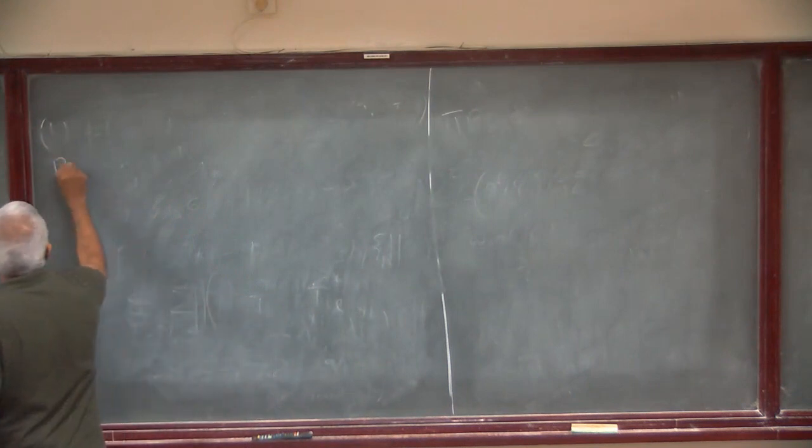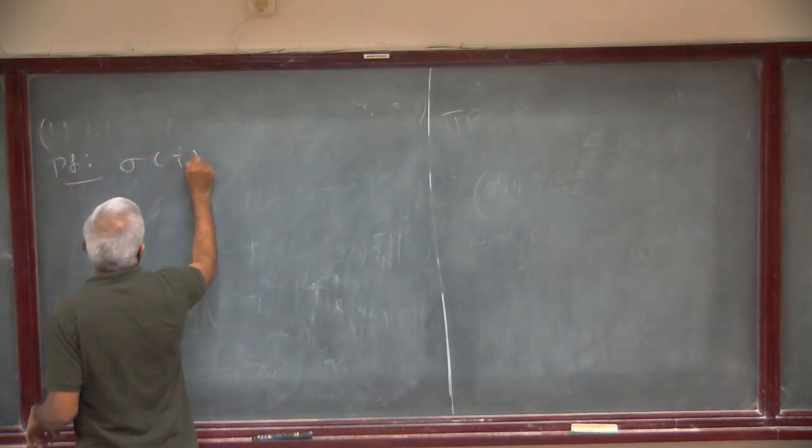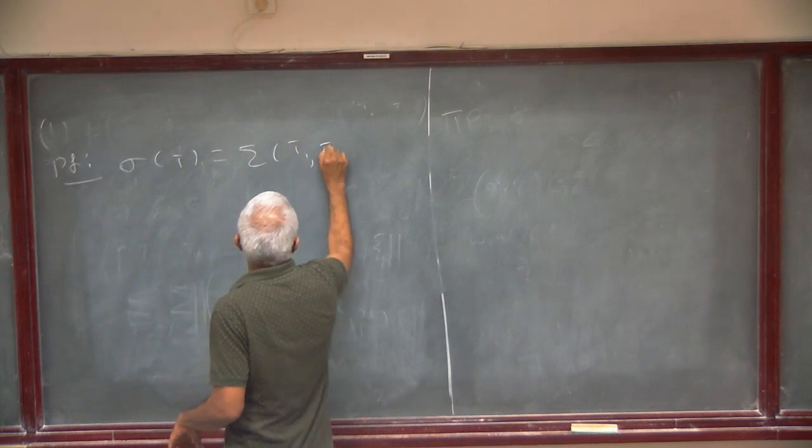You can prove, you can identify sigma T with sigma of T1, T2,